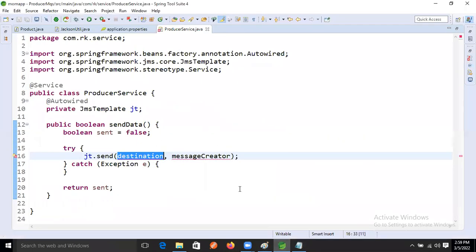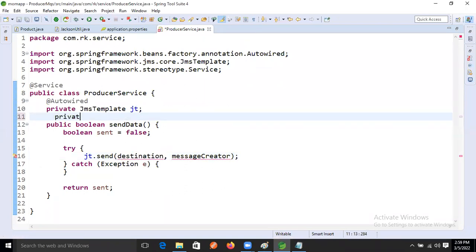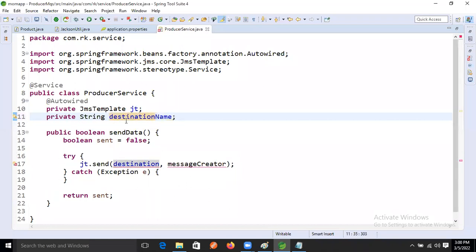Fine. So destination, right? What we will do now is read that destination name dynamically. So here, let's take a private String destination, right? Destination name, right? Let's take this destination name dynamically.